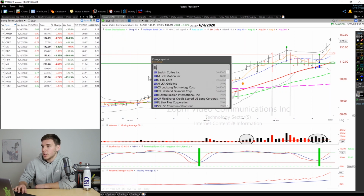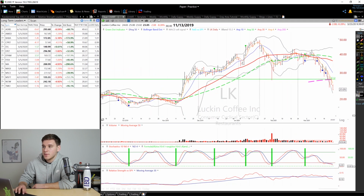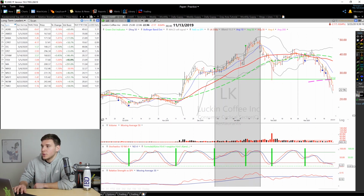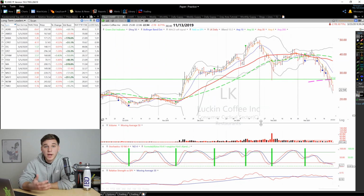For example, let's take a look at LK. So right here for LK, you can see it sets that green line, which is basically a previous all-time high that isn't broken then for 3 months. And then here, it finally breaks through that green line and is ready to make a big move upwards. And then it breaks through that, then rests for a couple days, and then has that key green dot indicator right over that consolidation and previous green line. And after this point, it increased, I believe, 37% until my MACD slowdown indicator, which is great for a swing